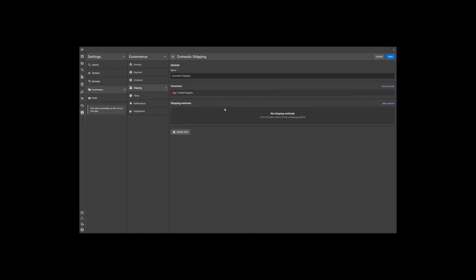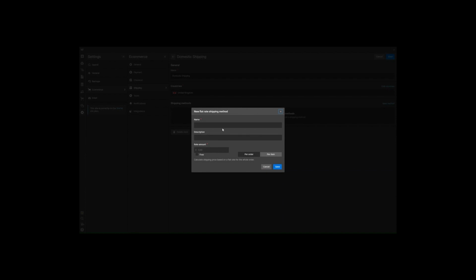We just want to turn it on, and we want to actually add a shipping method. So you want to click on shipping methods here, and click on new method, and choose whether the method is flat rate, meaning it's a rate per item or per product, percentage based, price based, things like that. We'll keep it simple. We'll just keep it at a flat rate, and we'll call it